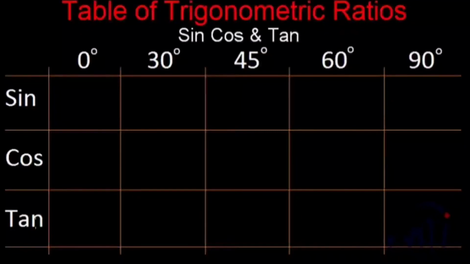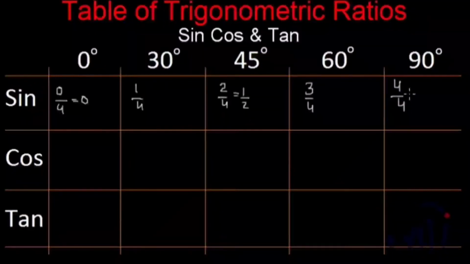In the first column, we write sine, cos and tan. And in the second column, 0, 30, 45, 60 and 90. Now, first of all, for the value of sine for different angles, write 0 to 4 in order from 0 to 90 in the sine row. Then divide each by 4. So 0 by 4 you get 0, 2 by 4 you get 1 by 2, 4 by 4 is equal to 1. Now find the square root of each and every value.